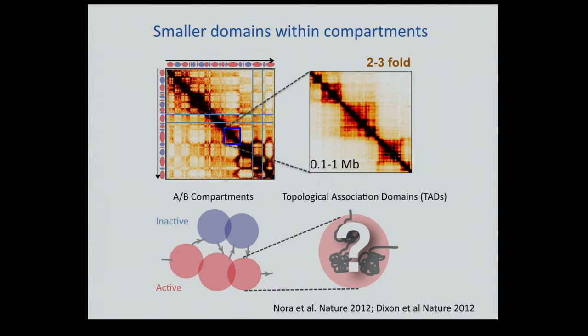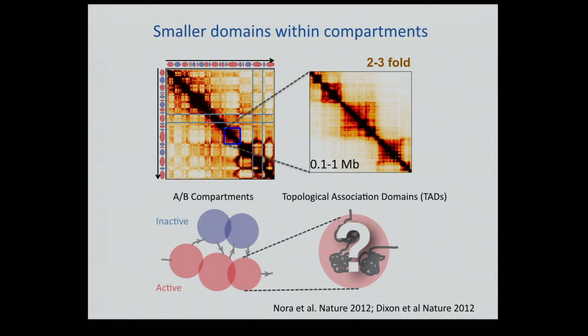And a caricature picture of this is that there is a good correlation between gene activity and identity of the region. So if the red ones are active, then you see general enrichment of interactions between active regions, enrichment of interactions between inactive regions, and some depletion of interactions between them. That's a cartoon, so we don't really know what the mechanism of this is, how it works. That's still a mystery.